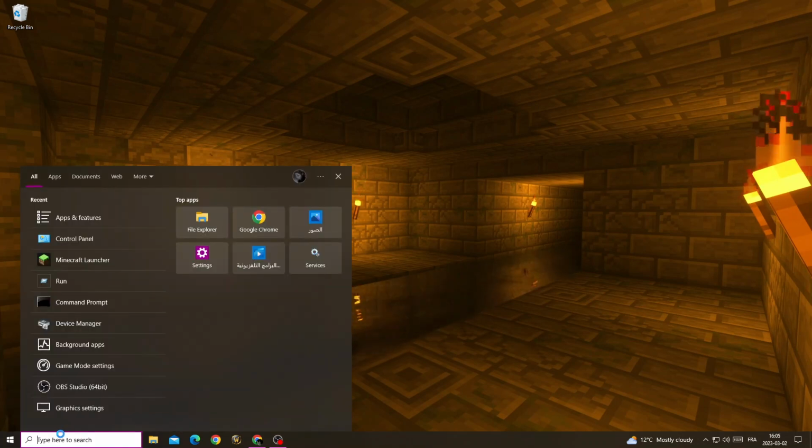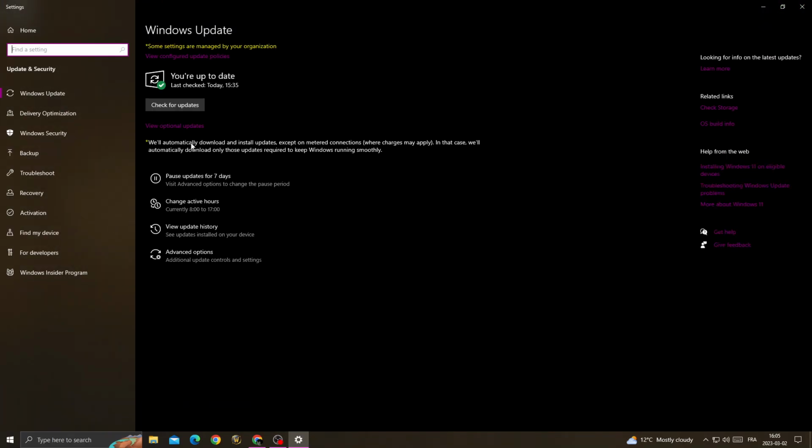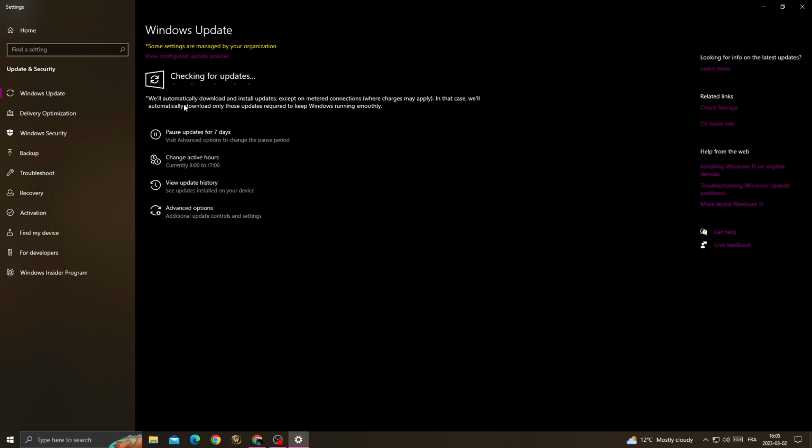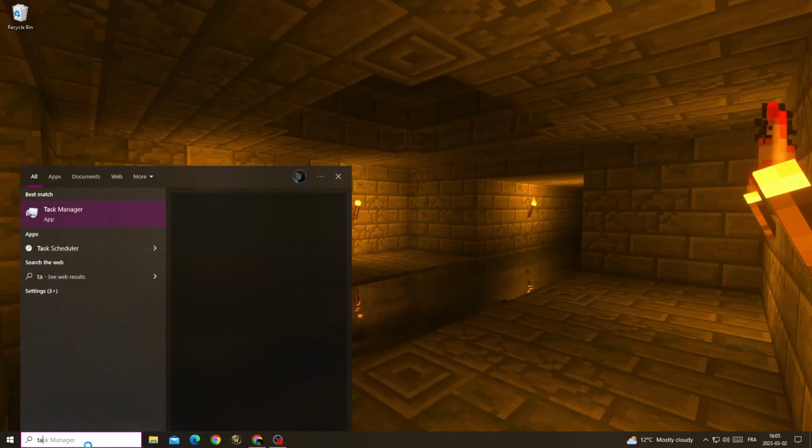Click here and then type Windows Update Settings, and now click check for updates and make sure to install all the updates that you will find here, and then go back and type here Task Manager,